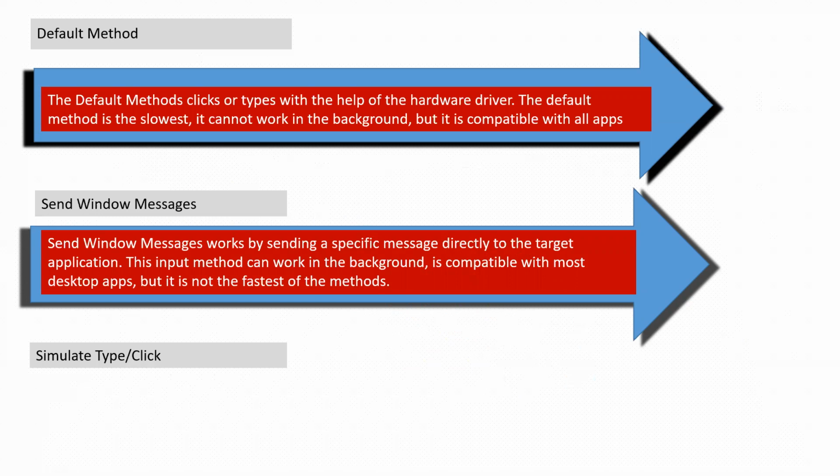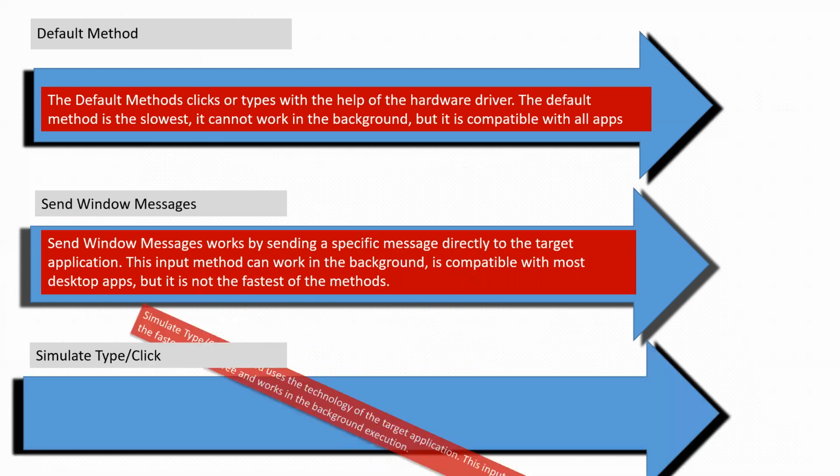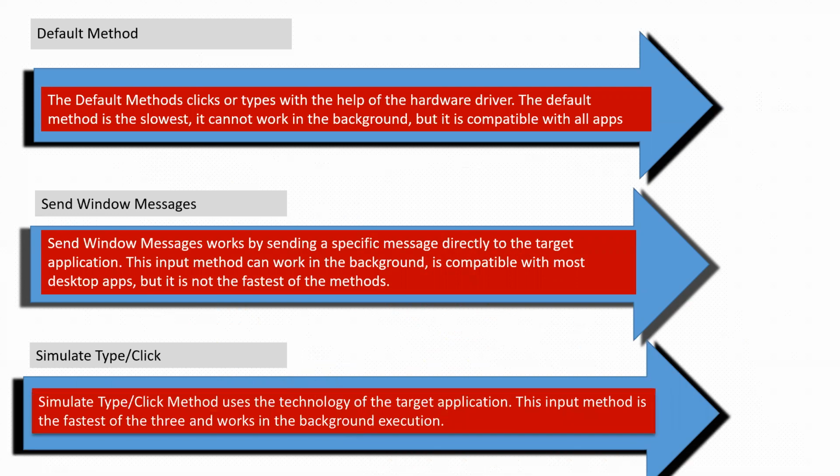The last one is simulate type or simulate click. It is a method that uses the technology of the target application. This input method is the fastest of the three, compared to the default method and send window messages method, and works in background execution.